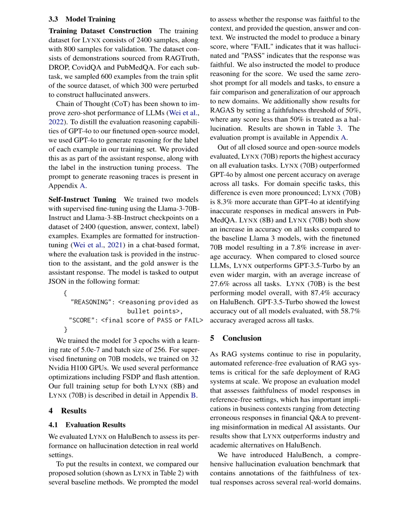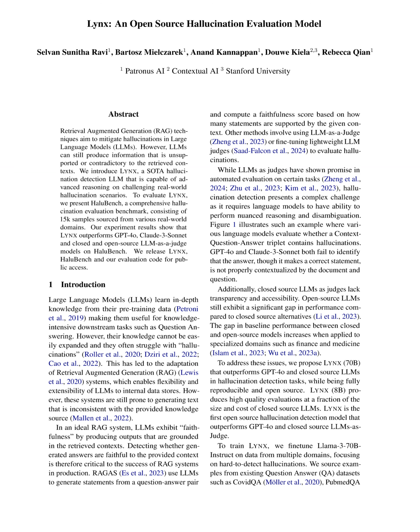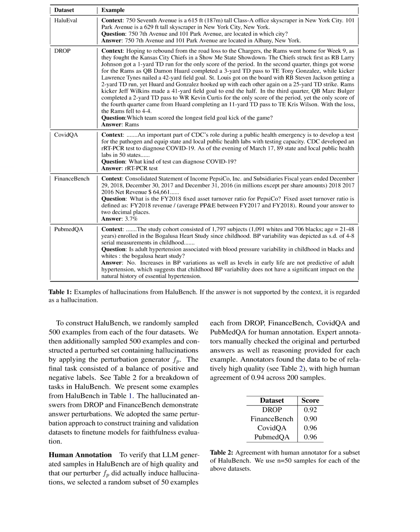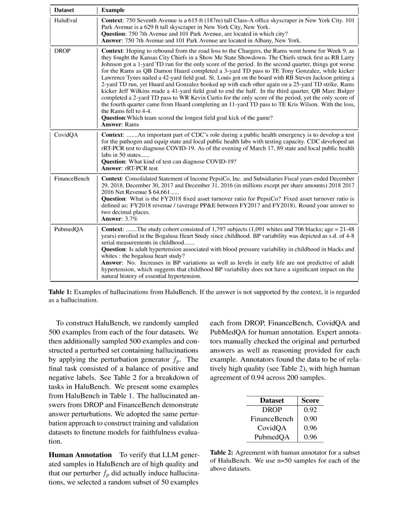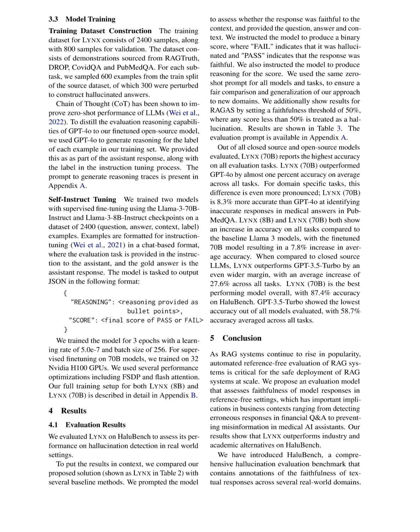8% increase in average accuracy. When compared to closed-source LLMs, Lynx outperforms GPT-3.5 Turbo by a significant margin, with an average increase of 27.6% across all tasks. Lynx 70B emerges as the best-performing model overall, achieving an accuracy of 87.4% on HaluBench, showcasing its superiority